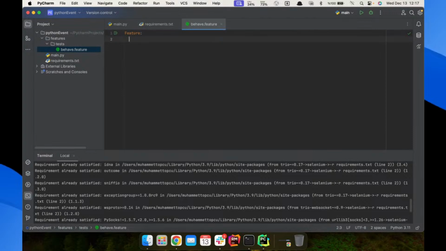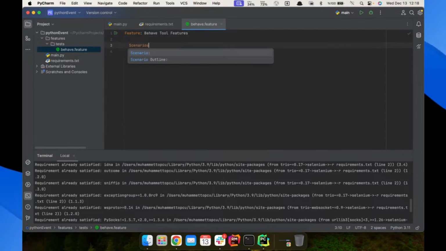Basically, these files consist of the scenarios that we are writing. You first start with the feature keyword, and you can write here a general definition of your feature. Let's say Behave features, and inside of it you create scenarios here,